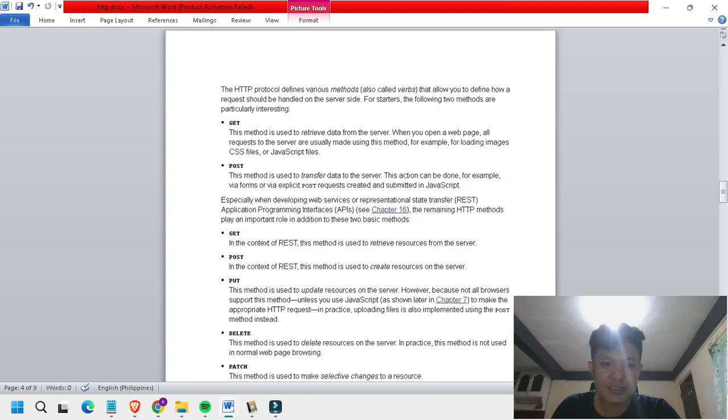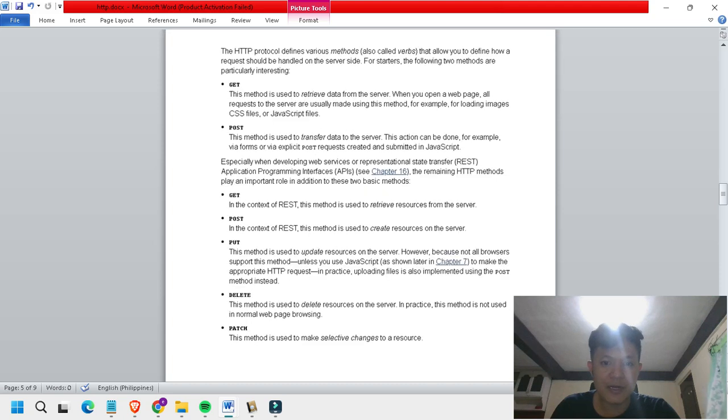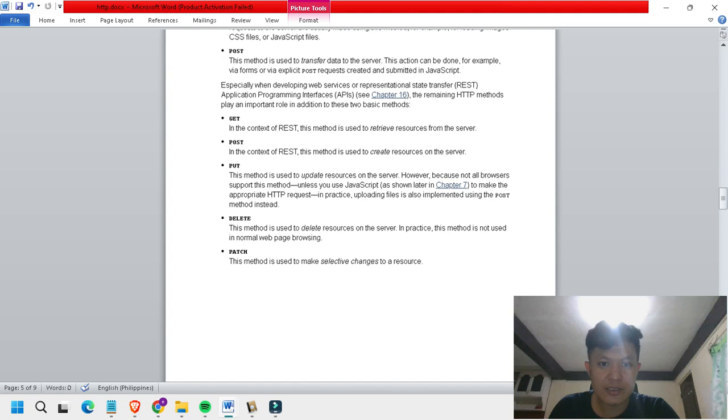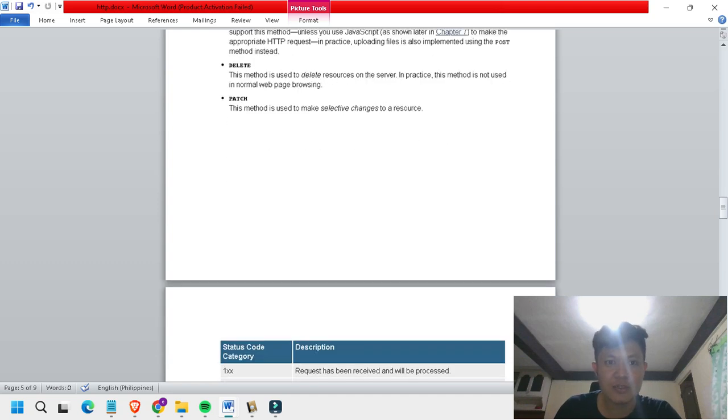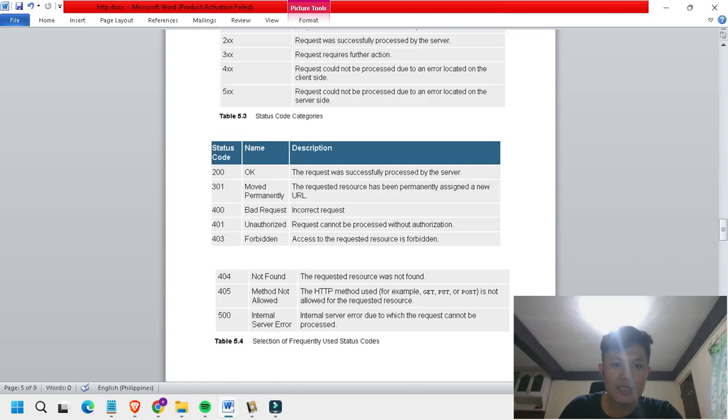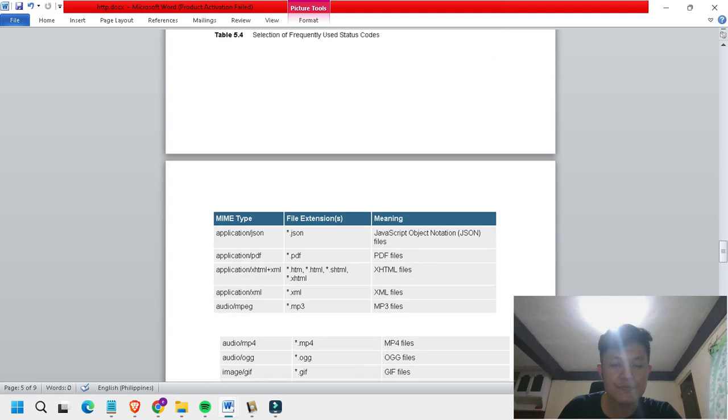Then there's PUT, which is used to update a resource on the server. However, not all browsers support this method, so we still use POST. DELETE is used to delete resources on the server. PATCH is used to make selective changes to a resource.